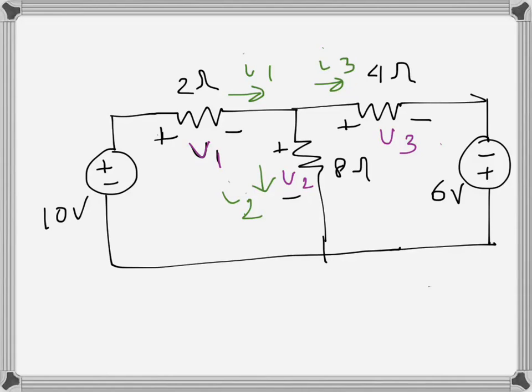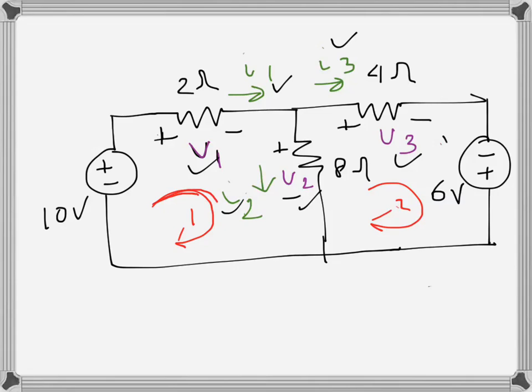So for this circuit we have to solve I1, I2, I3 and V1, V2, V3. So first what we can do, we can write KVL for the two loops here, and let's say the direction of traverse is counterclockwise, so this way and this way. So for the first loop, if we call it loop 1 and loop 2 anyway,